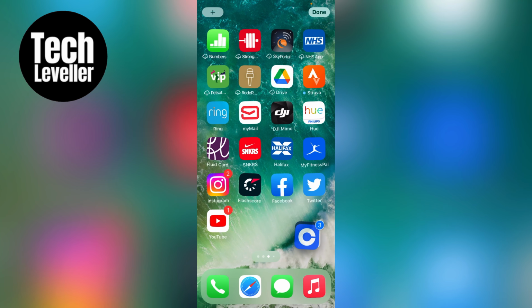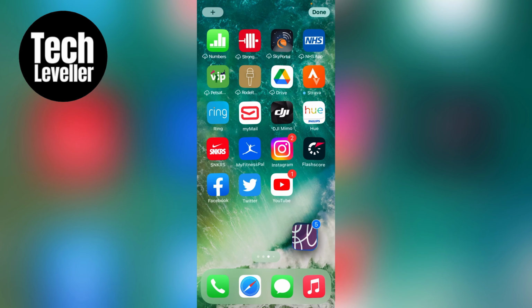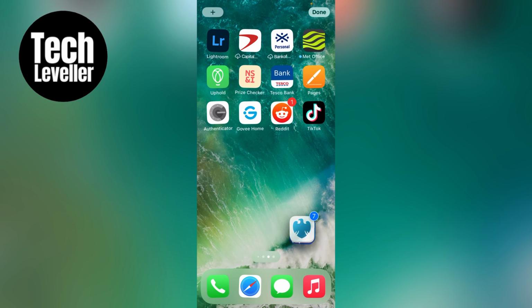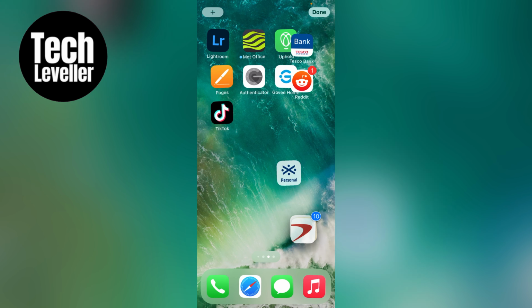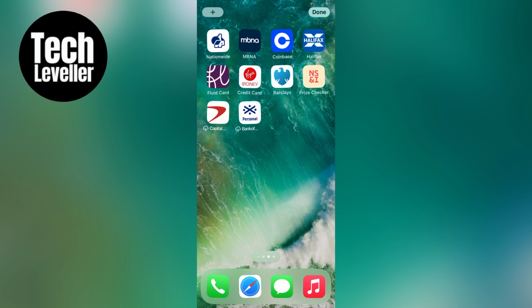at once. And as you can see, they jump on top of this application. And you can just keep adding as many applications as you wish. So I want all my banking apps on a single page. So let's move to an empty page. So now when I let go of the screen, as you can see, all the applications move to this one